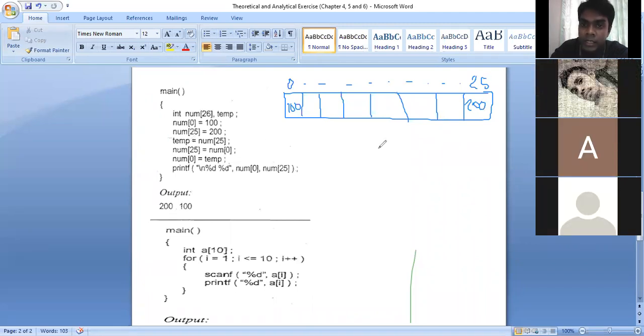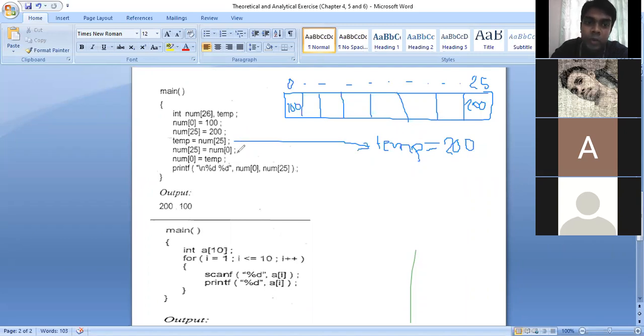So we are assigning 200 into the temp variable in this line.